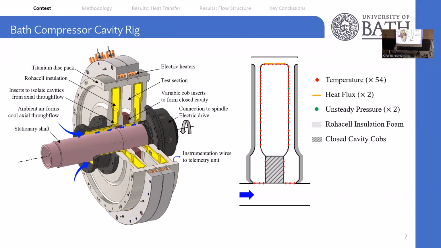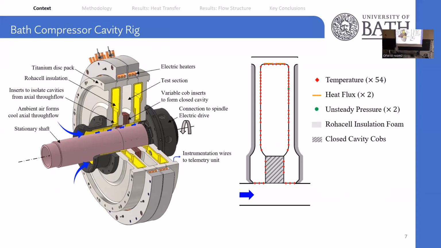On the right, we have a diagram of where the probes are located within this rig. A series of radial temperature probes are spread both circumferentially and radially to capture the temperature of the disks, and a pair of unsteady heat flux sensors at the shroud, while 2 unsteady pressure sensors are located 35 degrees apart, and these are used to help capture the heat transfer and the fluid flow structure within the test section of